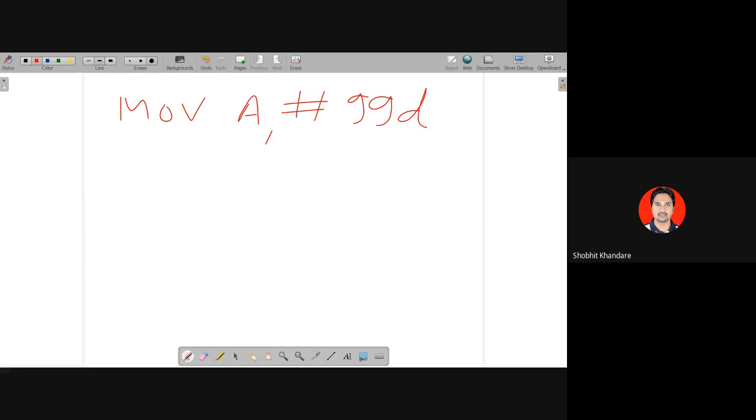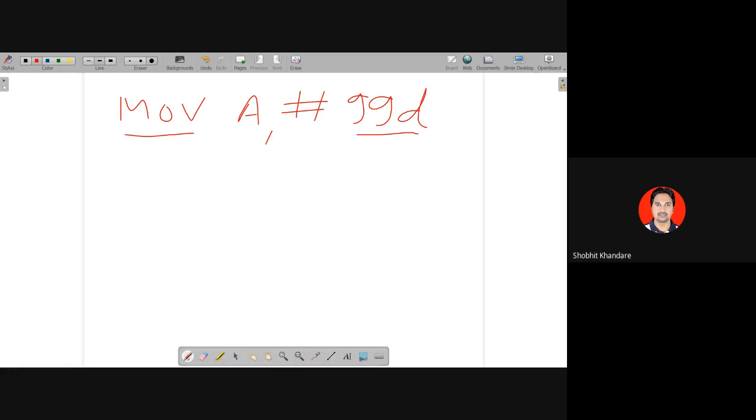आपने पहले ही सीखा है कि addressing modes में we are going to understand what are the different ways in which we can access the data. Now here my data is 99, which is in decimal. D stands for decimal. अगर वहाँ पे H रहता था तो it is hexadecimal. So 99 is my decimal number, and as it is a move instruction, what is going to move where?